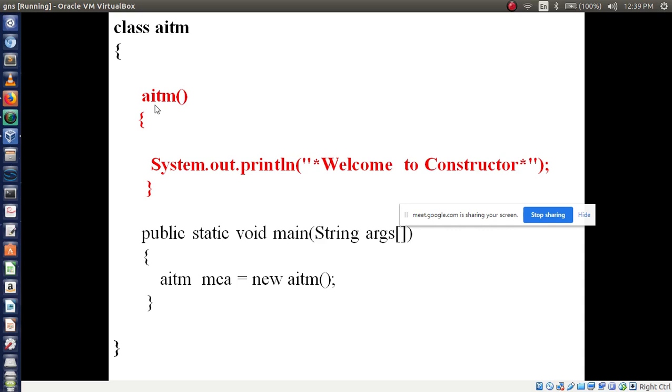In this constructor I am writing SOP, welcome to constructor. So after writing the constructor, I am writing a main method. In the main method, what am I performing here? What is this line? For which purpose am I using this one? Can anyone tell me?